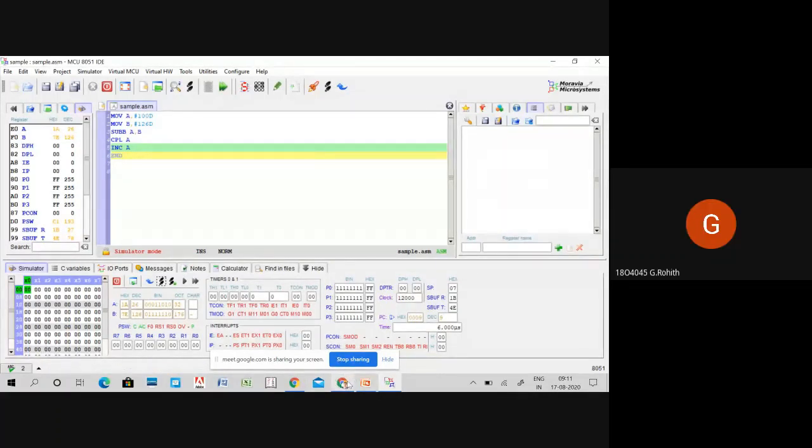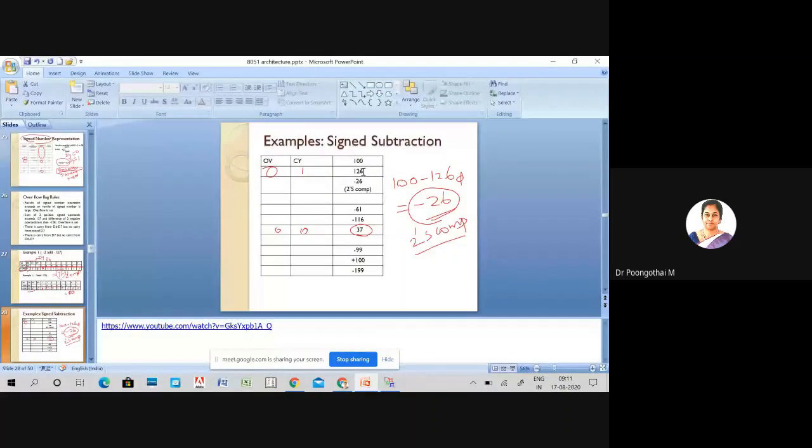Here the result is within the limit. In these two examples, the carry flag is used. The number is a negative number. If the carry is set, it means I am subtracting a larger number from a smaller one. In that case carry is set, so your borrow flag will be set. Carry here is nothing but borrow. Borrow is set means the number is in negative range.